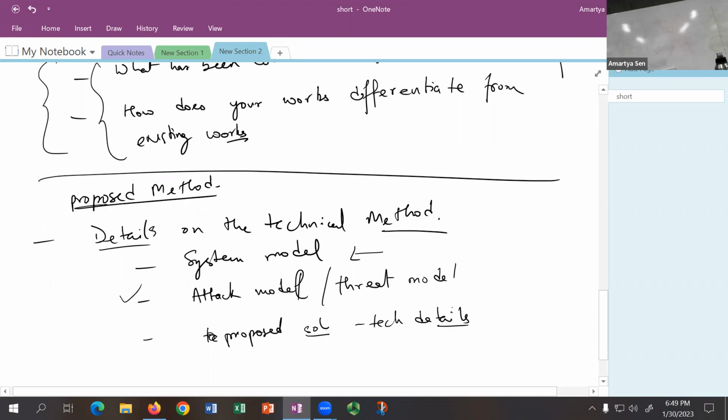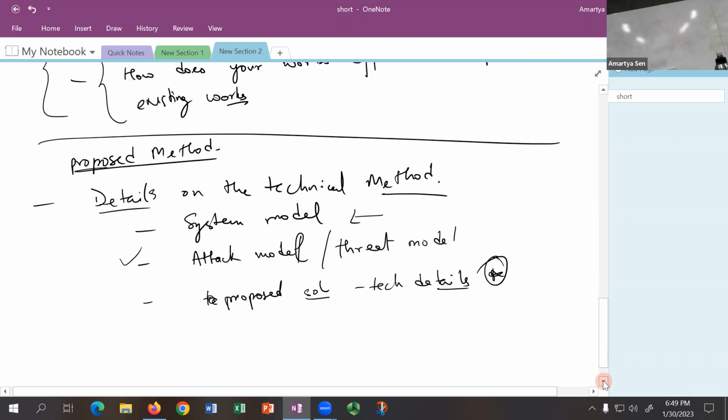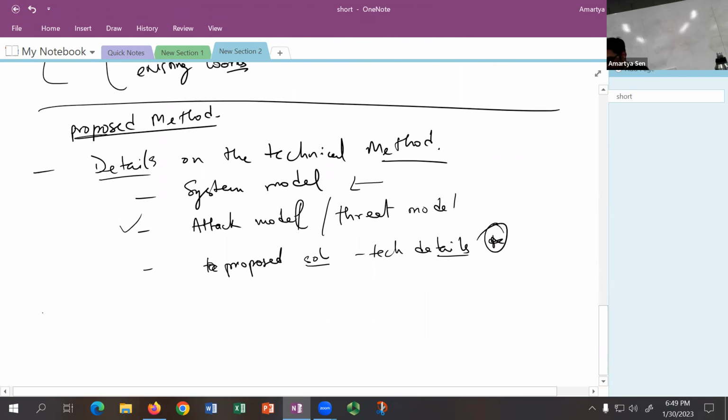Okay, it is imperative that you discuss technically what has been done. All right, so this is another area where you have to spend a little bit of time when you're presenting. You need to make sure that you actually convey all the details. All right, after that, you have the